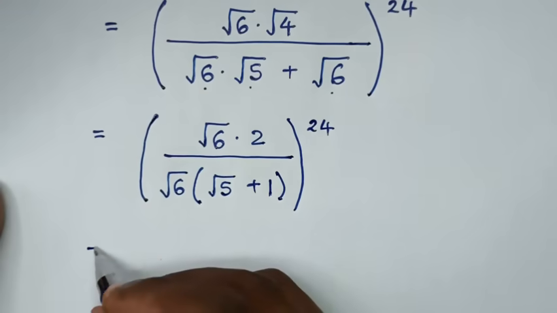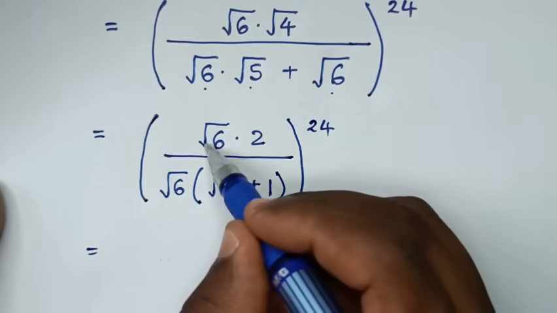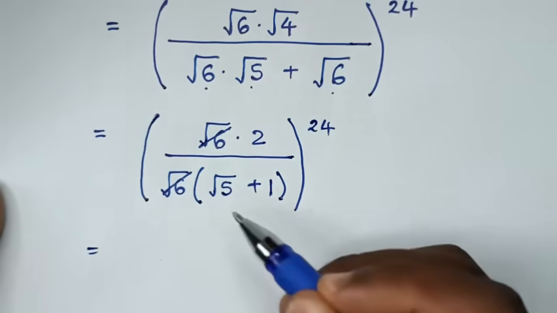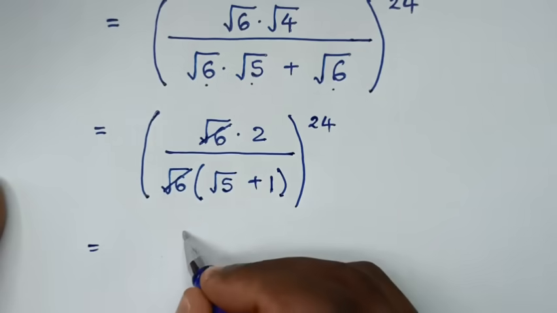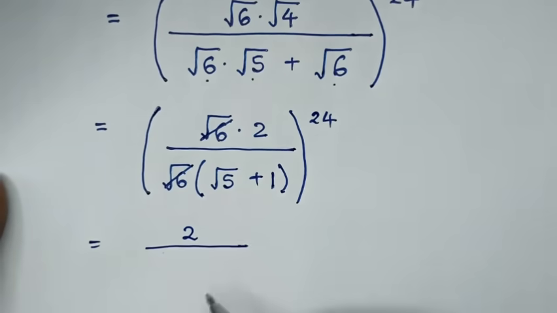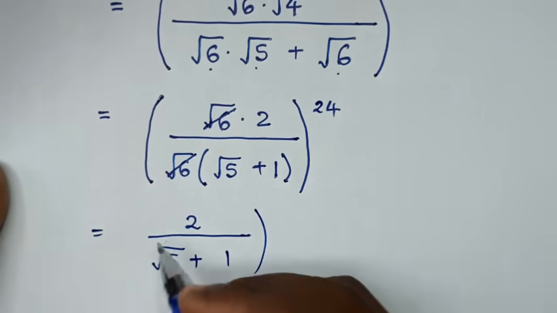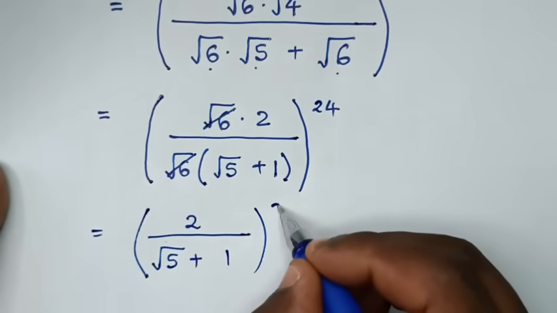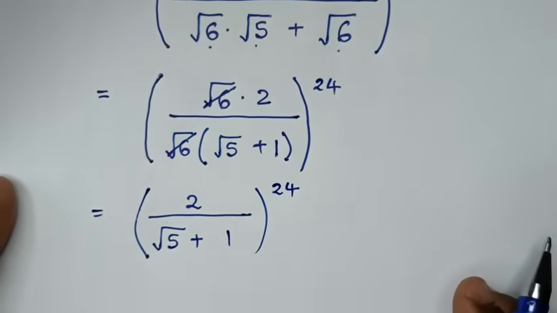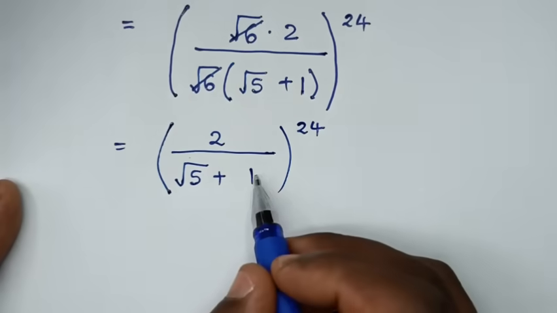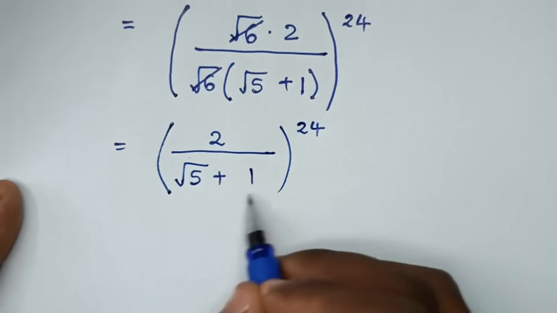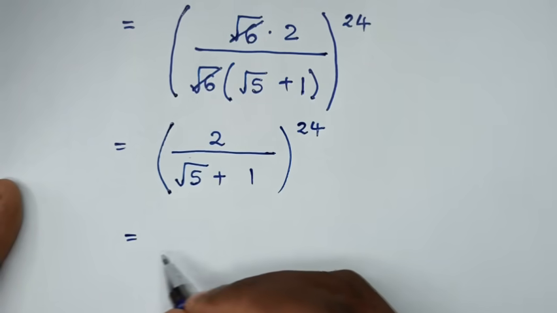Then it will be equal to, from here we simplify, this square root of 6 will cancel this square root of 6, so it will be 2 over square root of 5 plus 1, then bracket power of 24. Then in the next step, we rationalize the denominator, so it will be equal to